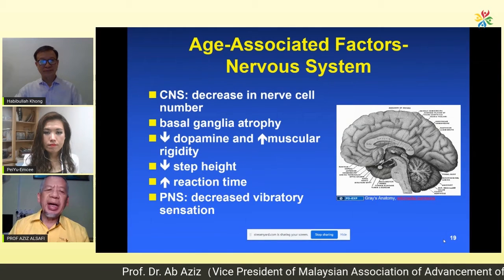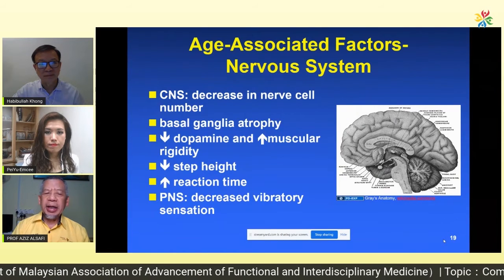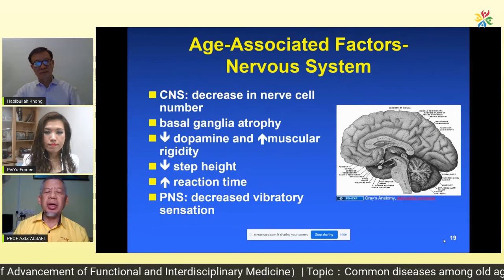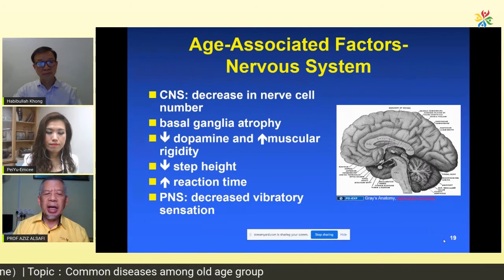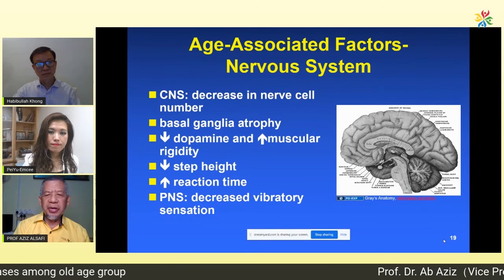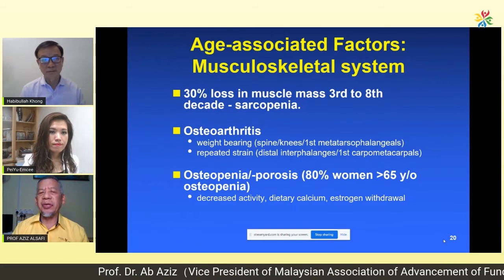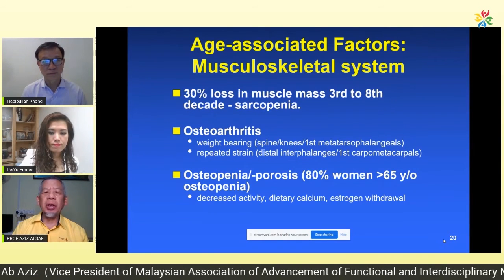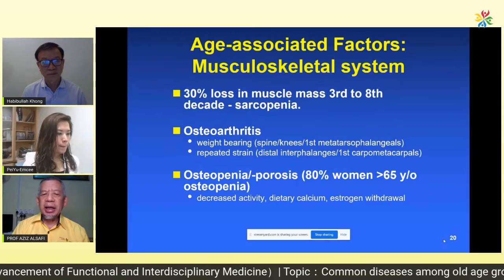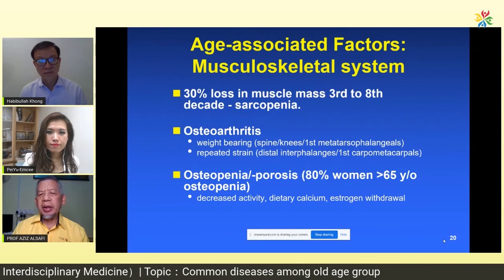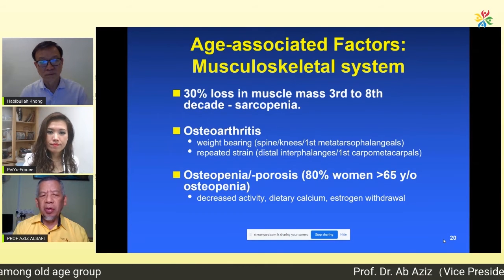For the nervous system, CNS, for example, there is a decrease in nerve cell number, basal ganglia atrophy, decreased secretion of dopamine and muscular rigidity, decrease in step height, increased reaction time, and decrease in vibratory sensations. On musculoskeletal, 30% loss in muscle mass from the third to eighth decade. This is what we call sarcopenia. Another problem is osteoarthritis, weight bearing, pain at the spine, knees, first metatarsophalangeal, repeated strain, and osteopenia or osteoporosis of